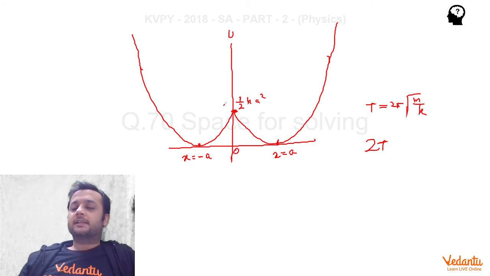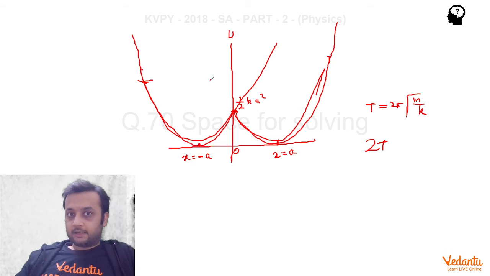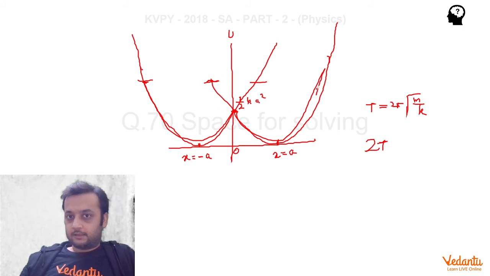Now, if you keep on increasing the energy, let's say we start from here. So it goes like this and like this, and again it comes back like this. Now the time period will decrease. It's very logical. If I extend the graph here like this, then from here till here it will be t. From here till here, it will be t. Similarly, if you extend this graph, from here till here it will be t, and like this, it will be t.